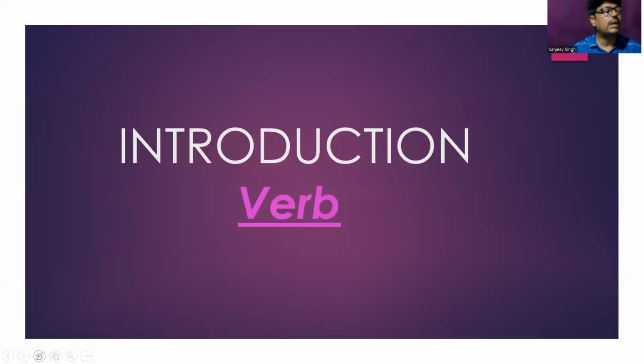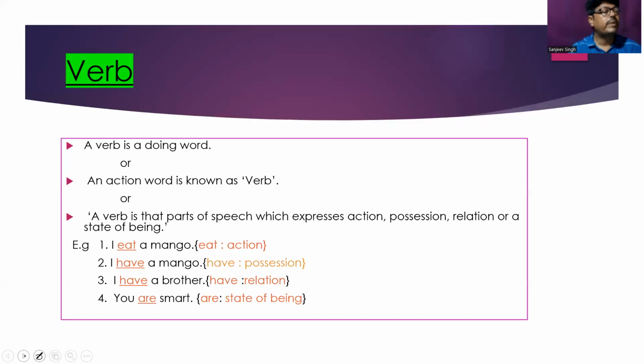So introducing, this is the verb here. Verb is a doing word. I would say that verb is a doing word. In short, an action word is known as verb. And you must know that the verb is the most important part. So most important. That means most important